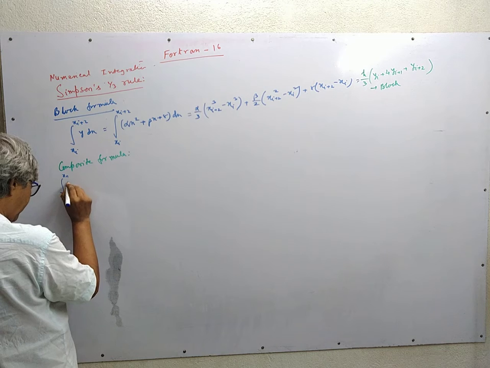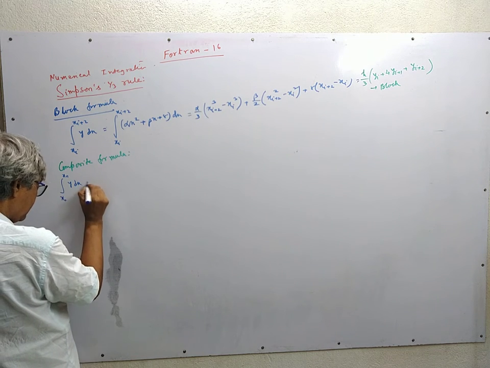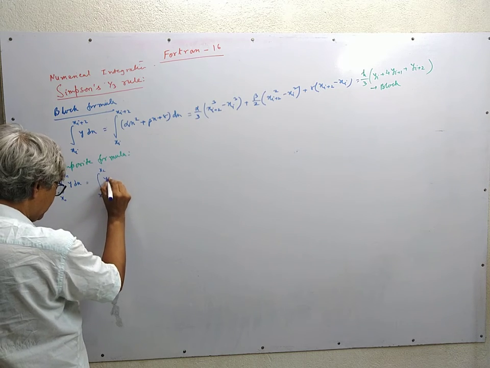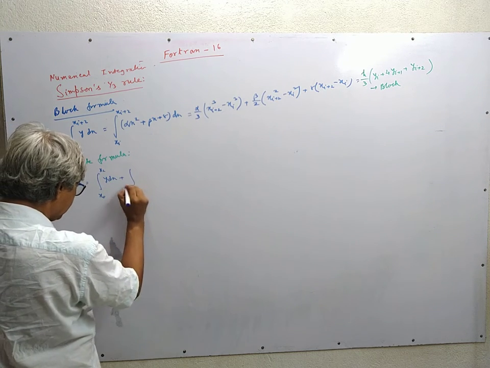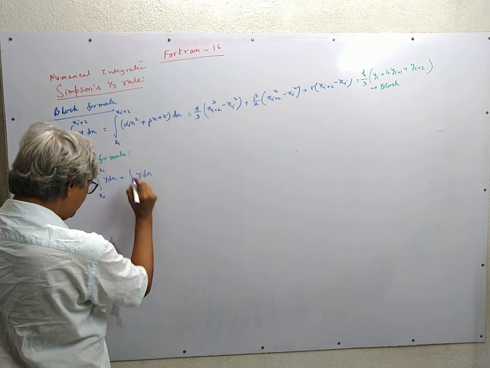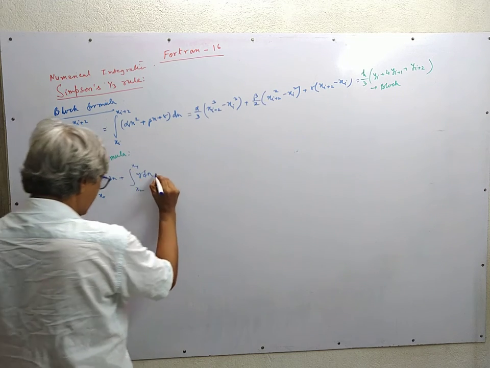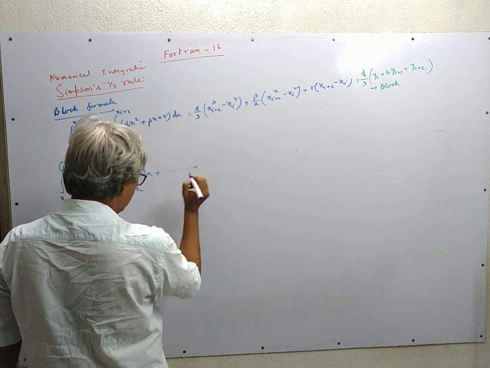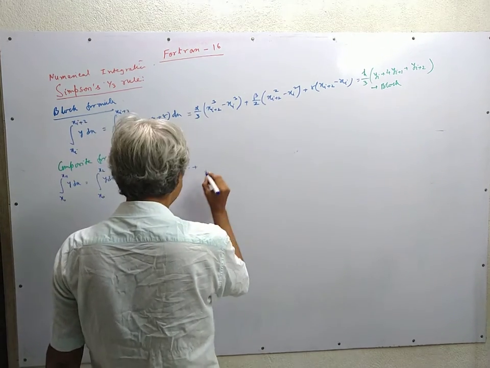N must be even. So x0 to x2 y dx plus x2 to x4 y dx plus